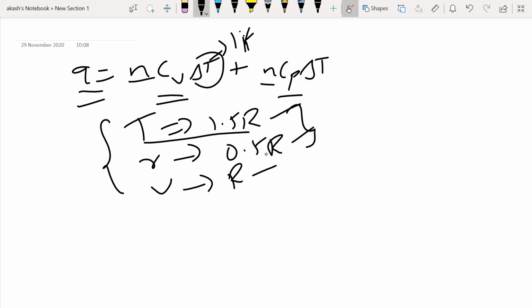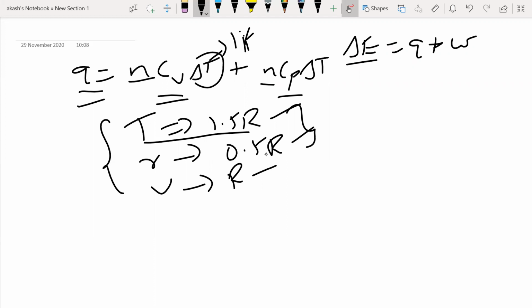I think then we went on to see the first law of thermodynamics. It's just the law of conservation of energy. The law says energy can neither be created nor be destroyed, but it is transformed from one form to another form. We saw the mathematical form of the first law, so we said it as delta E is equal to Q plus W, right? And delta E is the change in internal energy.